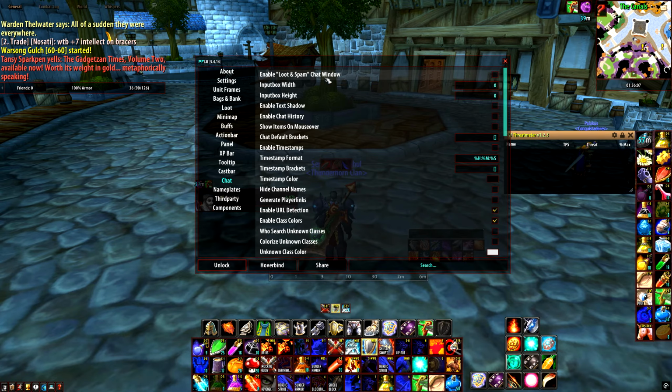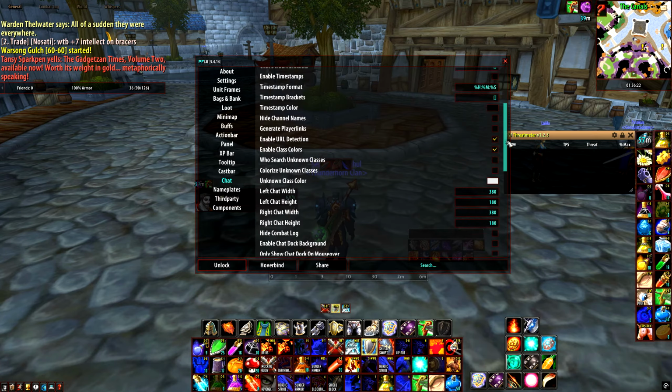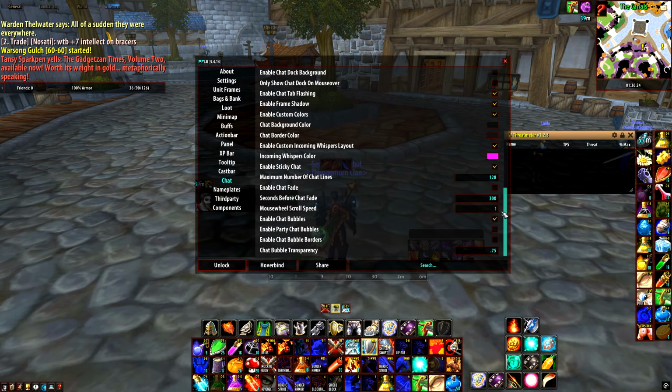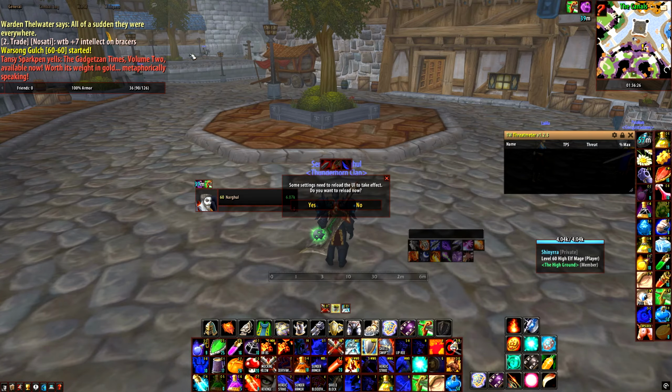Chat. Now over here we have enable loot and spam chat window. I have that unticked. Input width, input box height, enable text. You can mess around with this a lot. So as you can see, when it comes to chat,